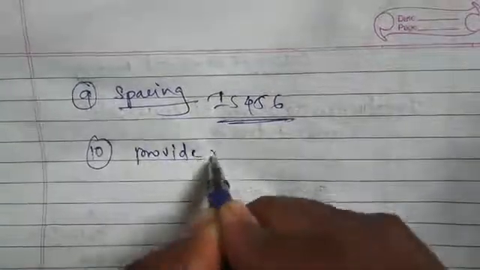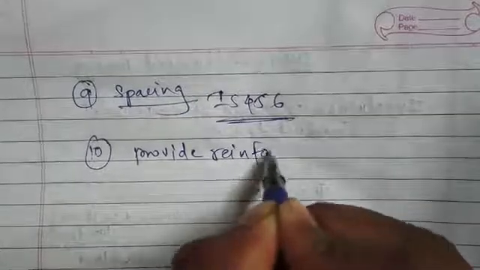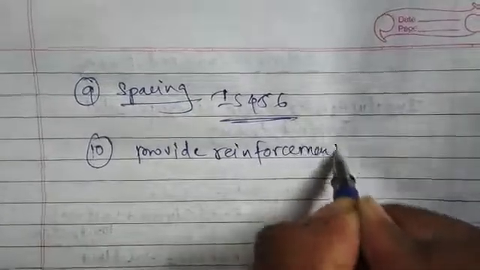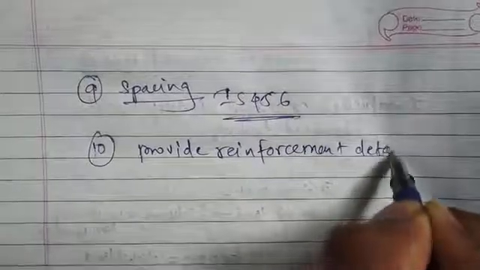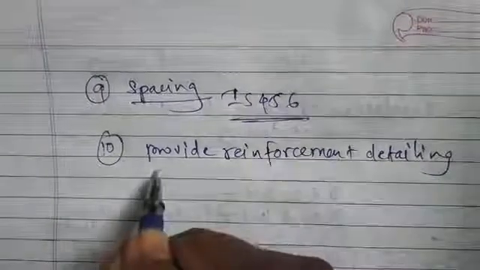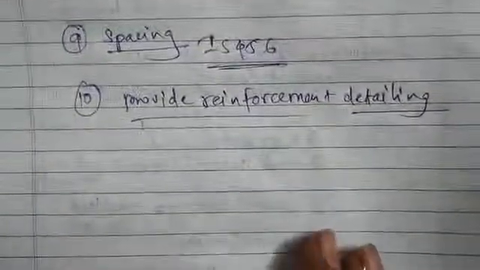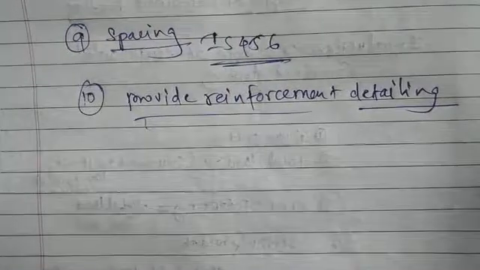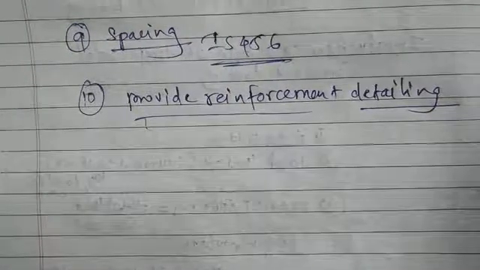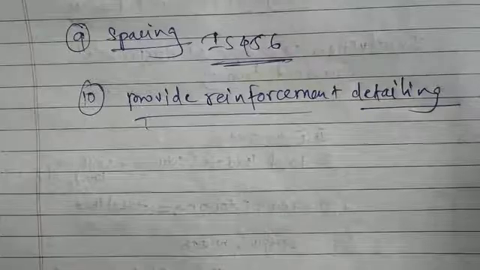Okay, after calculating these spacings, the last step is to provide or sketch out the reinforcement detailing. So these are the steps which we have followed during the design of rectangular footing, rectangular combined footing. Okay, now